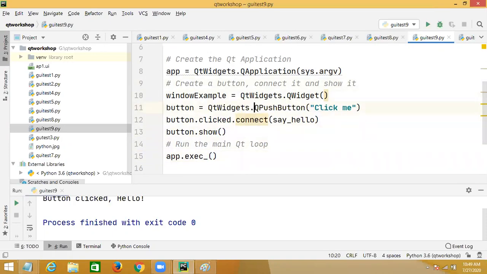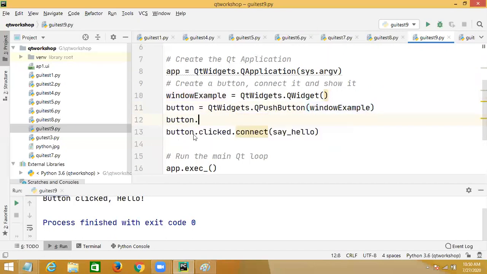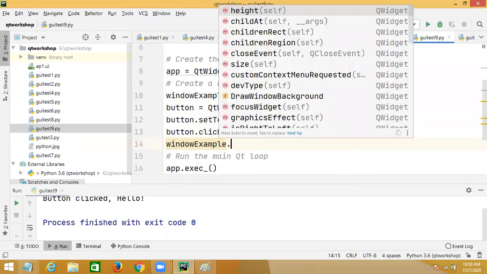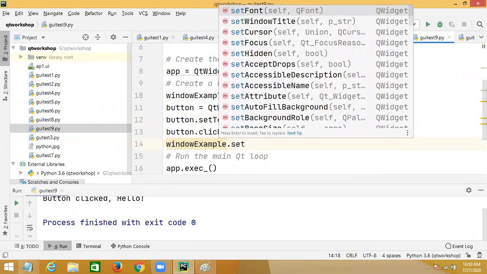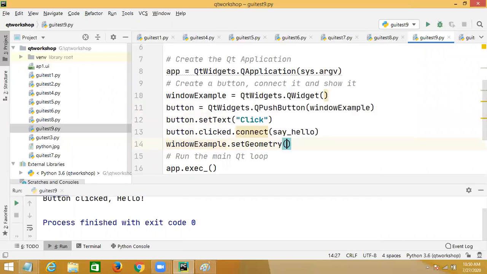So here I'll say where I should place this button. I try to place this button. QPushButton. I try to place this button in the window example. Now button dot set text, so click here. Then window example dot set geometry. So X position, Y position, and width and height.